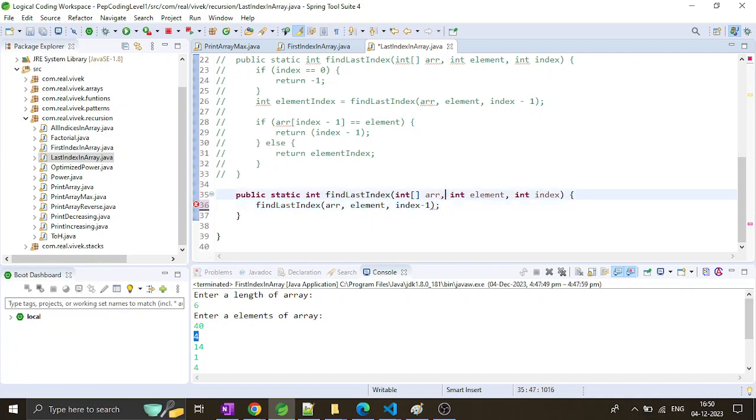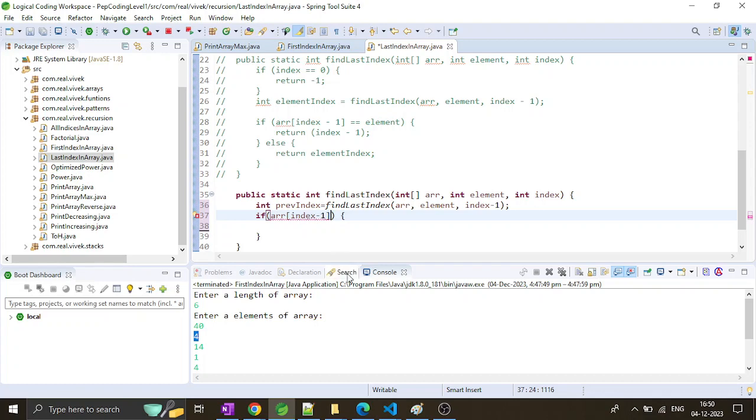We have to store it in a variable, say int previous index. Then what we do is if arr of index minus 1, right? So we'll have to do index minus 1 here